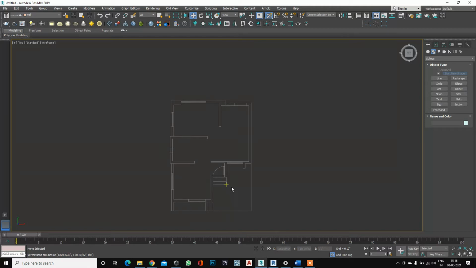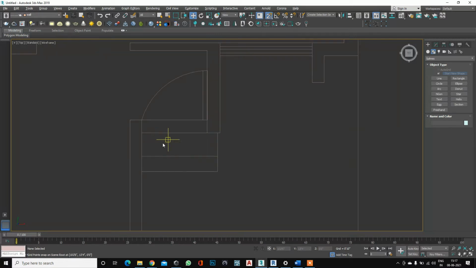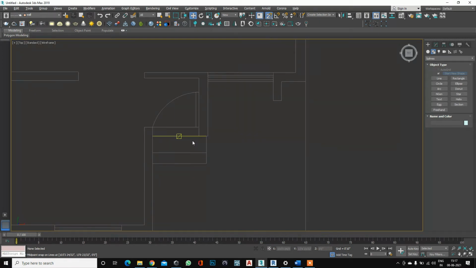So first of all, understanding this plan. Now you know that this is our top view. In the top view, which part of the staircase is shown? In the top view we can only show the tread, not the riser. Here we see 2 treads, 1 and 2. That means our riser count is 3, because always tread plus 1 is equal to riser. So here is our first riser, here is our second riser, and here is our third riser.